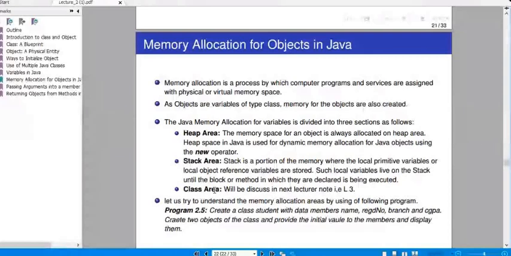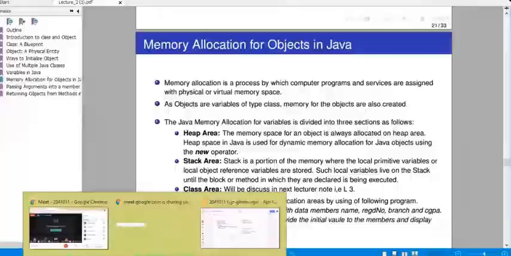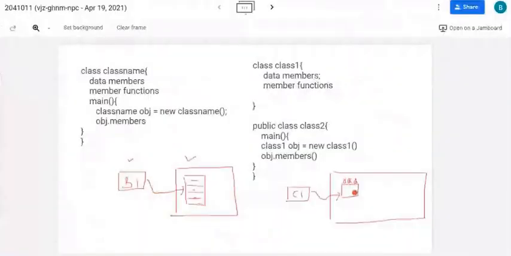The memory space for an object is always allocated in the heap area, just like in this diagram. Memory space for the object. The object refers to what? The data members of the class. For that I have just allocated memory. This memory is called the heap area.